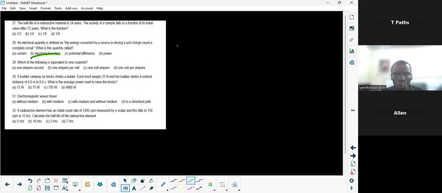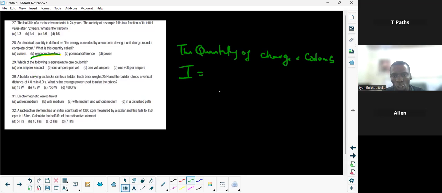Now, what is 1 coulomb? First, coulomb is the unit of quantity of charge. Quantity of charge is measured in coulomb. Now, we know from the formula for current, current is equal to Q over T, where Q is the quantity of charge and T is time. If you cross multiply, your Q is equal to current times time,